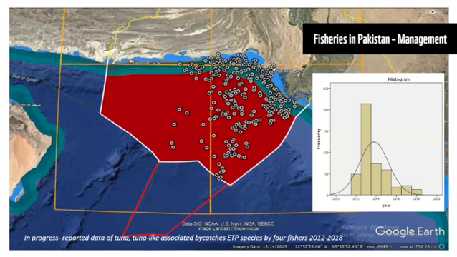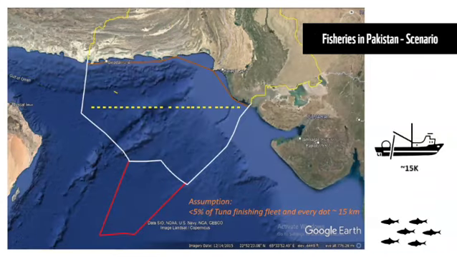Pakistan is supposed to report back to the regional fisheries organization on a 5x5 grid, which is represented in orange color. Hypothetically speaking, in the tuna fisheries the fishermen use nets of around 15 kilometers on average, and there are around 709 fishing boats. For example, if 5% of that tuna fishing fleet fishes in one day, it looks like this dotted line.